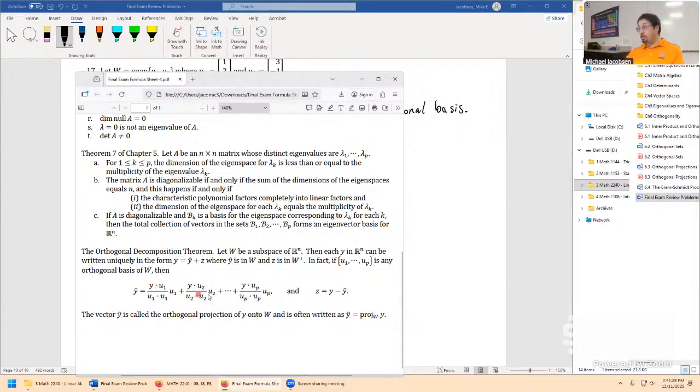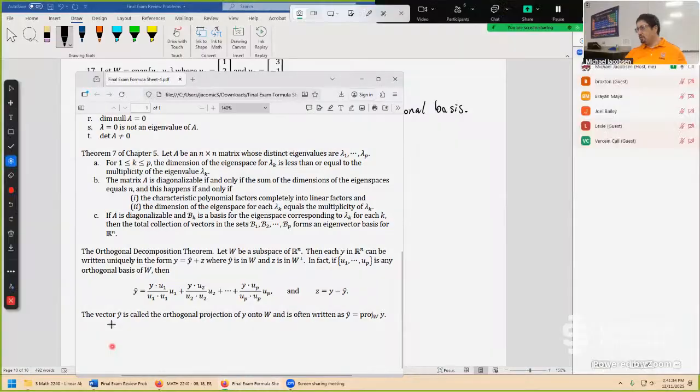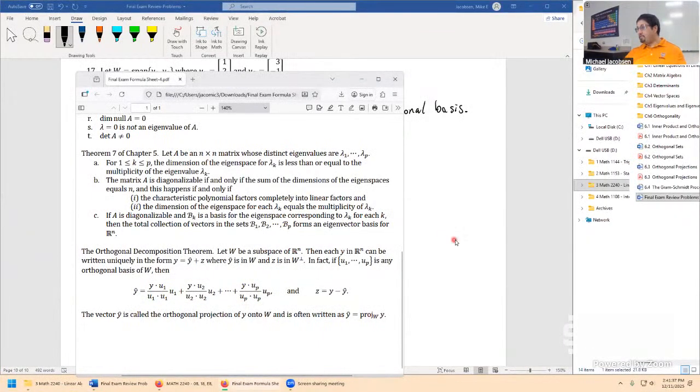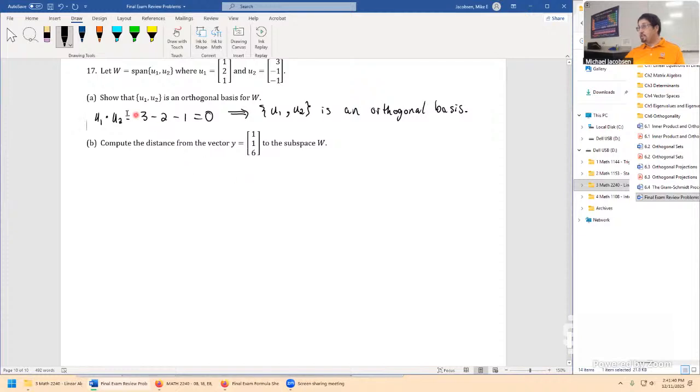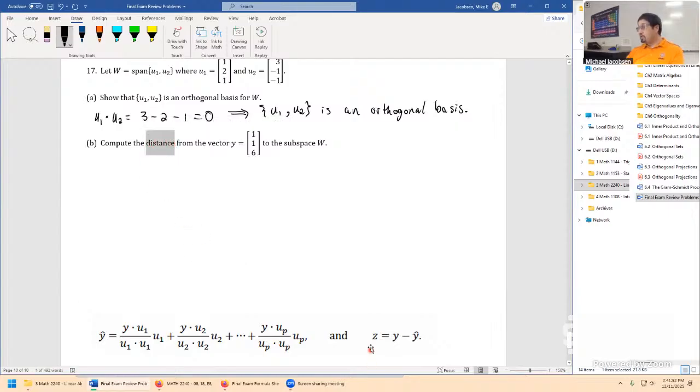There's only 2 vectors, u1, u2 in this problem. So we just need this much of the formula. Let's copy pretty much this whole line in. You have to have an orthogonal basis to use this theorem, but that's what part A was checking for us. So that's pretty much going to give us the main formulas for the whole problem. The distance is just going to be the length or norm of that vector z once we get to it. So start off with y hat. Let's do the scalar portions first. y dot u1